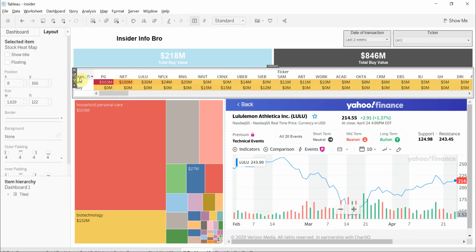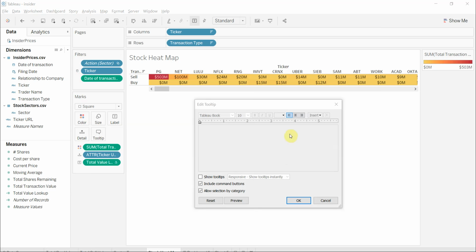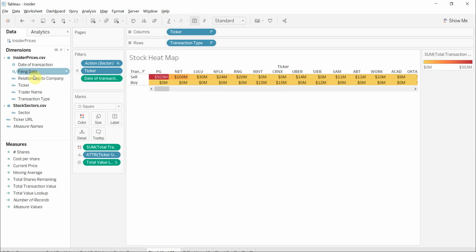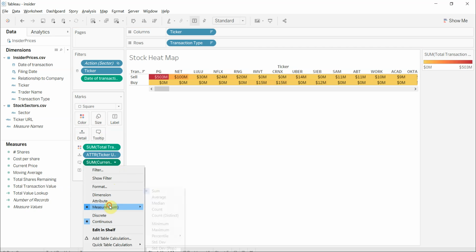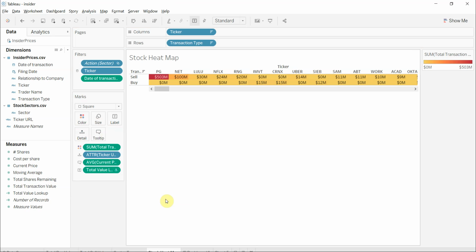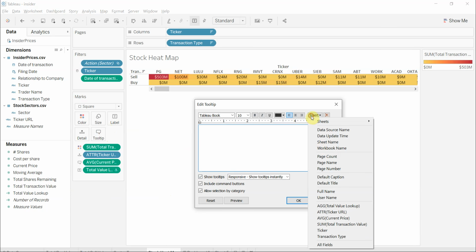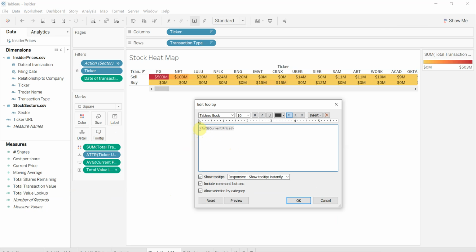Alright, so over here, I do want a tooltip, and I want this tooltip to be my current price. So current price is tooltip, and I want to make sure this is an average because if there's multiple instances of that one stock, then it's going to be inflated from what the actual value is. So make sure that's an average. Can we see it? Nope, because it's not my tooltip. Insert my current price. So this is going to be current price,